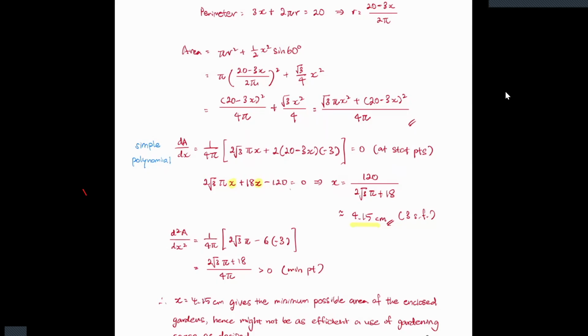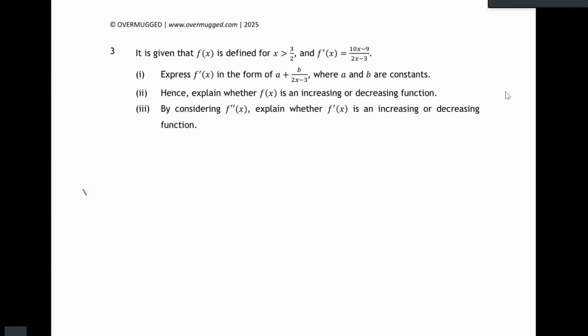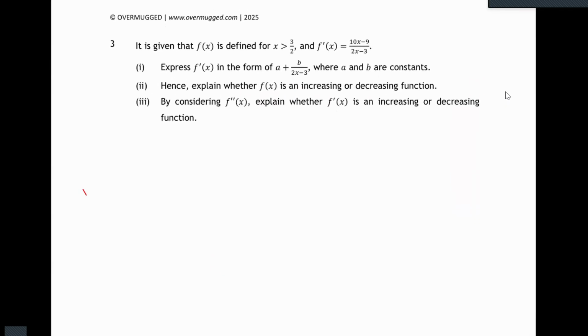Question 2, the back part just English it out, okay? But the important thing is that you must mention it gives you the minimum areas of the equilateral and also the circle. Next. Front part I'll help you before we do the back part. So here says express f(x) in terms of that form. I'll present a few methods to do number one.